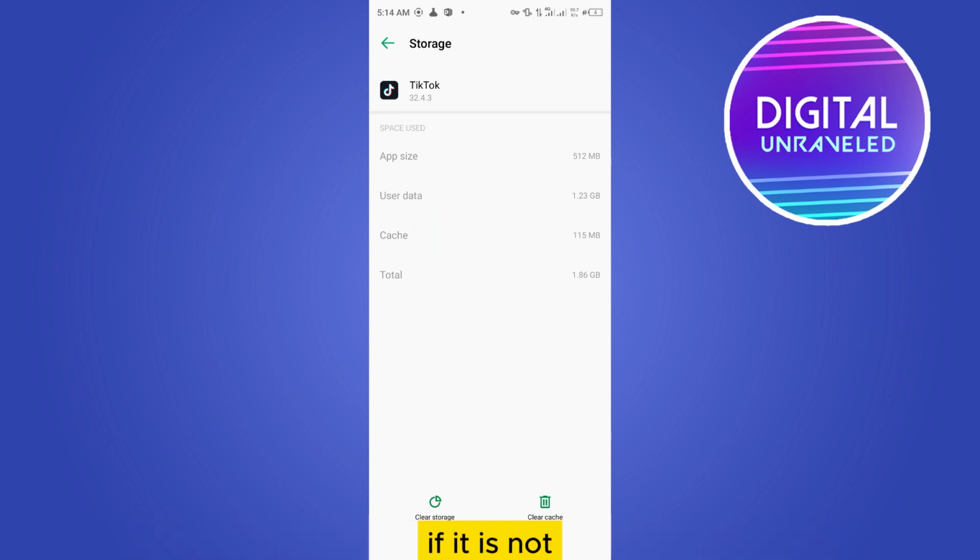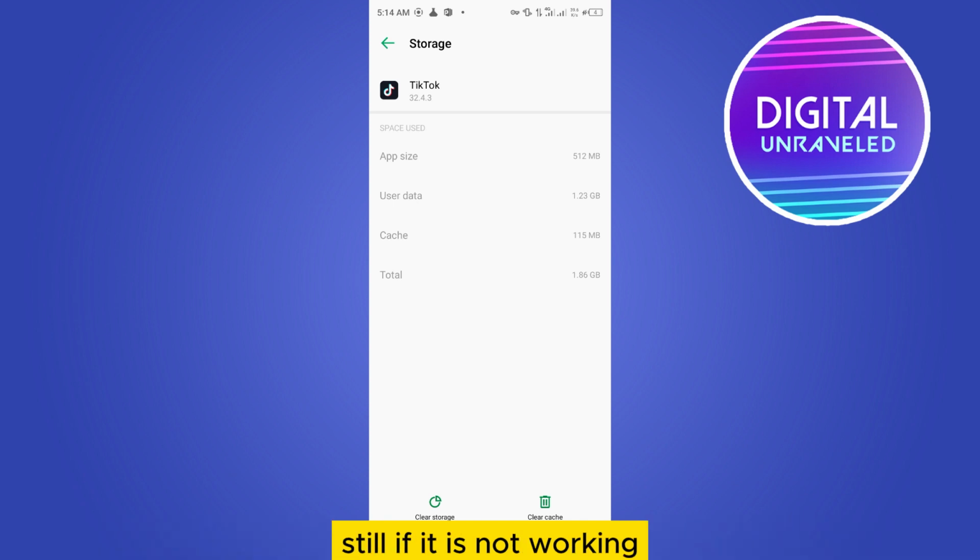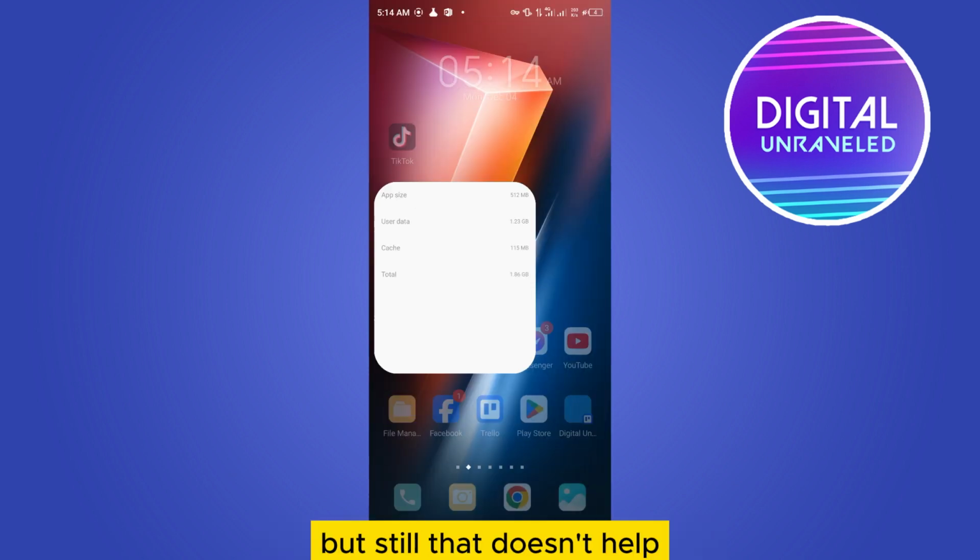If it is not, then you have to clear the storage, but before that make sure you remember the password and username. Still, if it is not working, you have to uninstall and reinstall it. But if that still doesn't help,